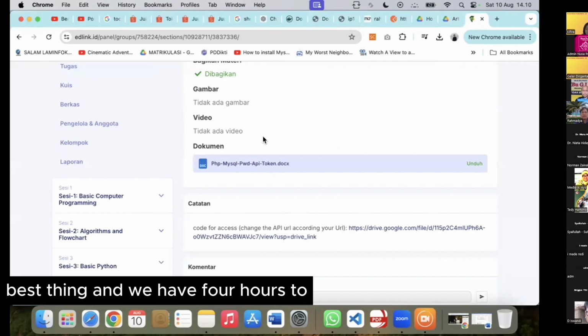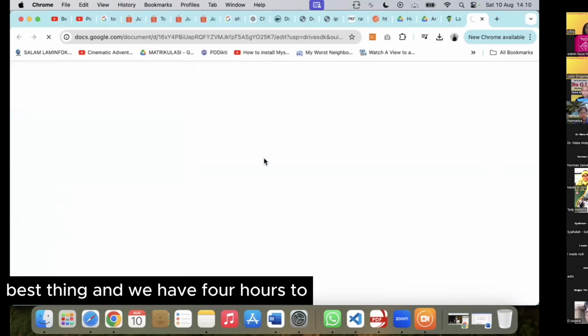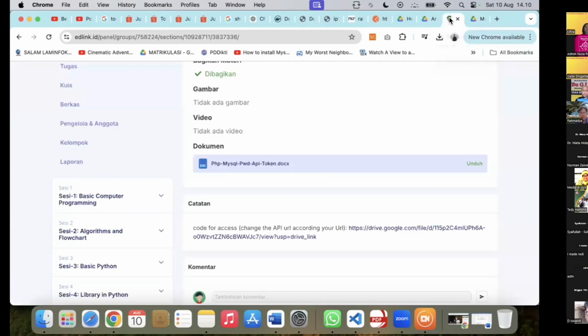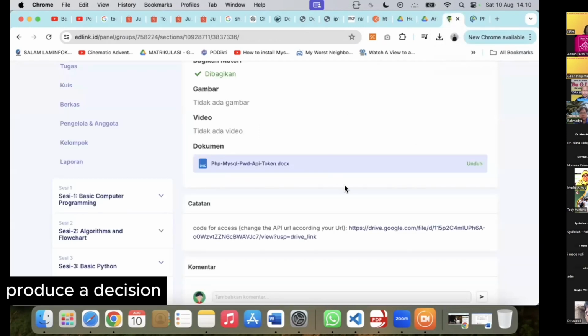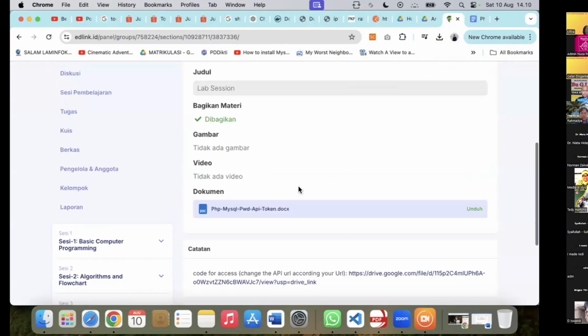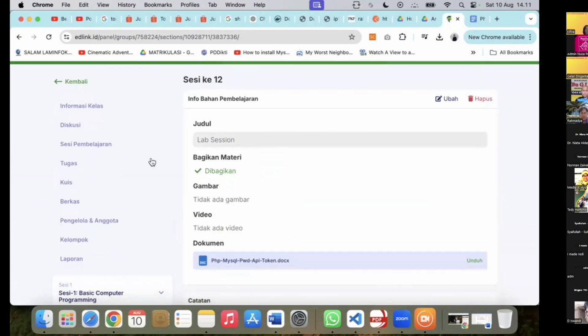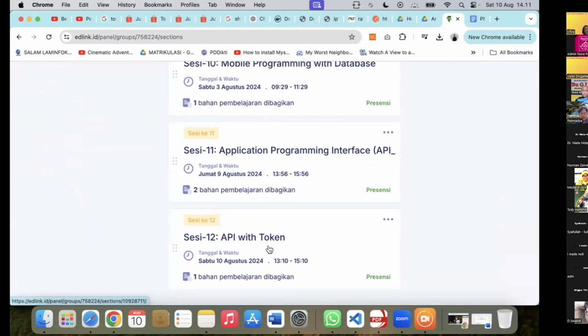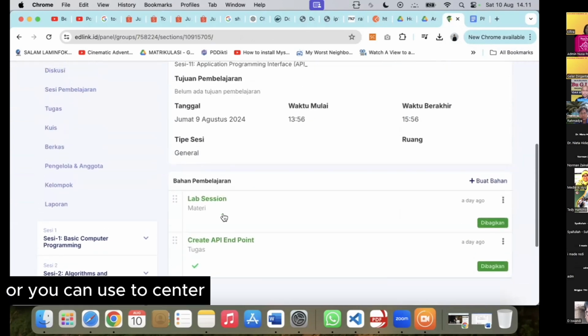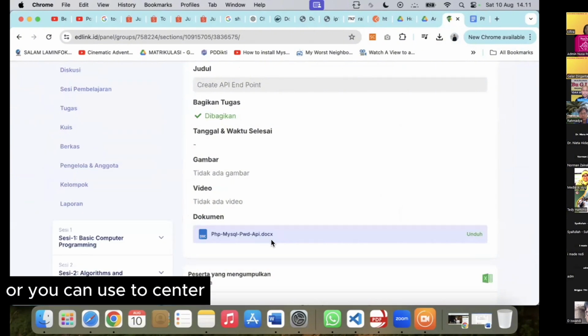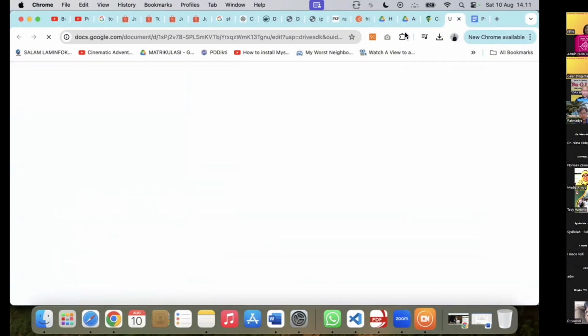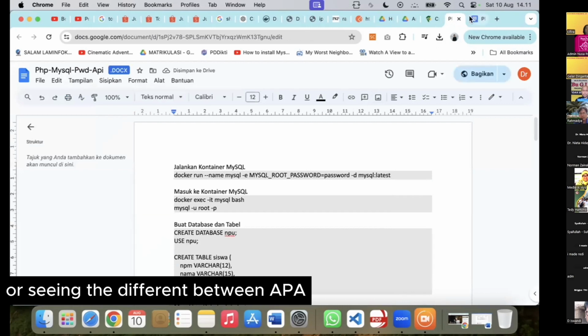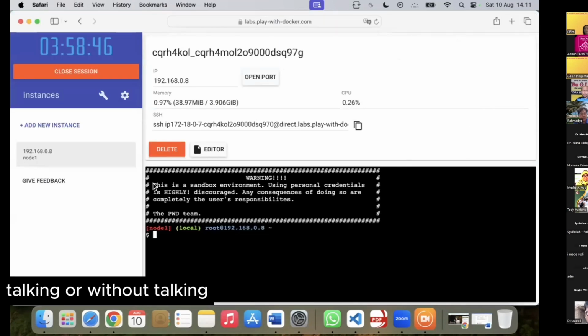We have 4 hours to use this session, and then we run it. You can use the server to see the difference between an API with a token or without a token.